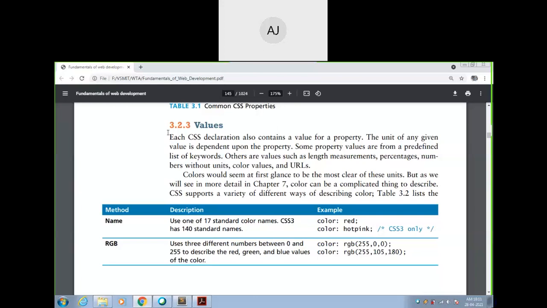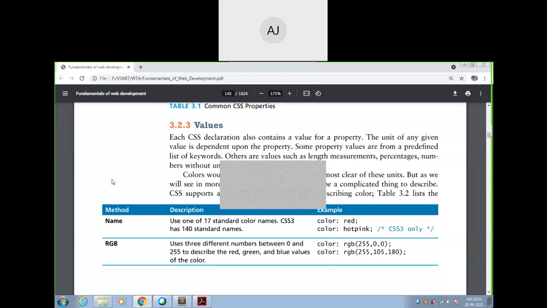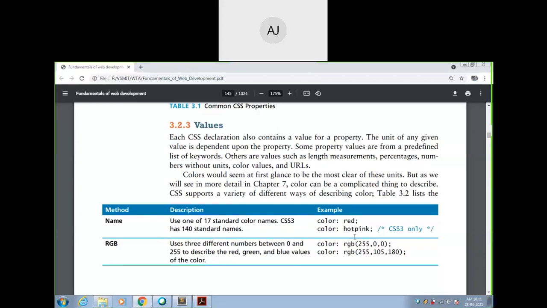Now what are the values? Let us see. Here a value is given by giving the name, for example color is red, then hot pink. This is used in CSS3 only. I told sky blue; these are what only CSS3 supports. Otherwise, only red, black, blue, green, only those special 12 colors will be used. Means you can call those values directly by their names, their names as values.